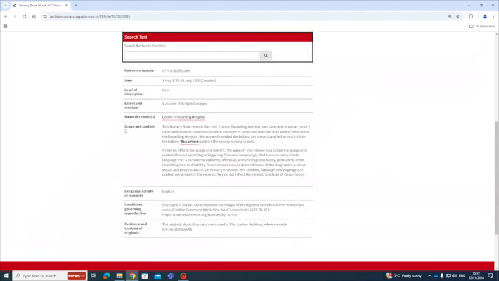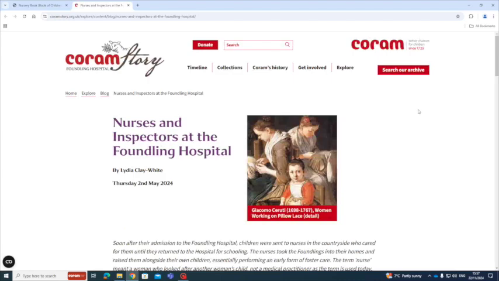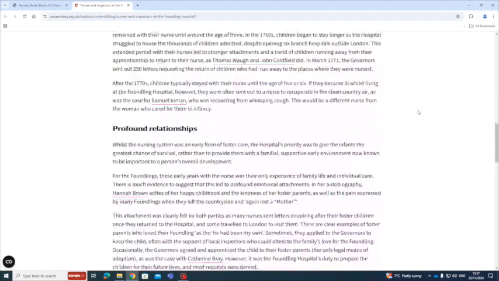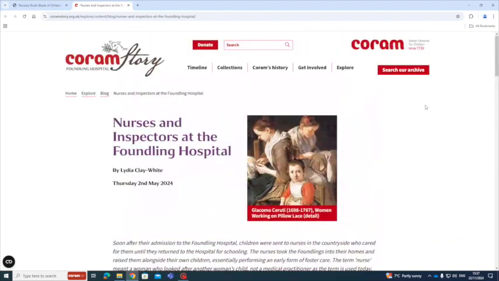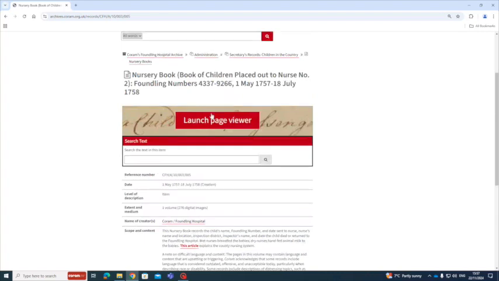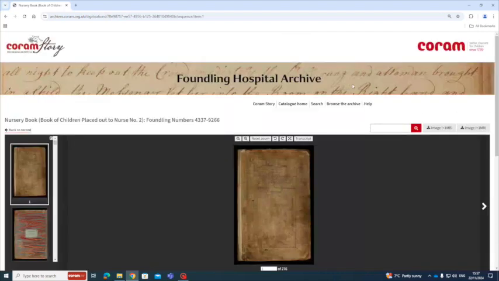In the scope and content, you'll find information about the nursery books and a link to an article on Quorum's history website, Quorum Story, which explains in more detail this aspect of the hospital's history. Look out for these links in the scope and content sections of the records because they appear across various sections of the archive. To enter the images, we click Launch Page Viewer